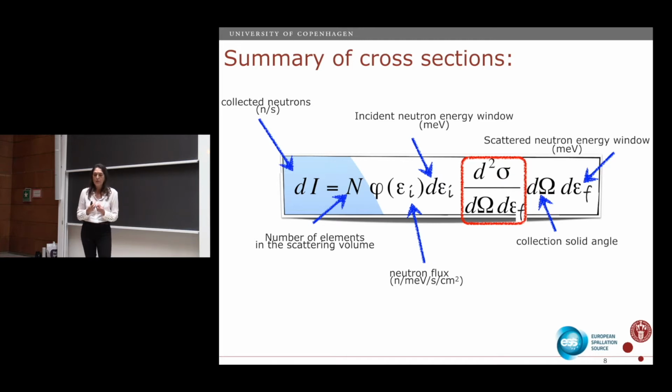So what also makes neutron scattering interesting is that I can quantify what I have in the beam, because the intensity is directly proportional to the amount of material, to the cross-section, and to the density of that thing that I'm measuring. Then, of course, this intensity will be related to the neutron flux, the solid angle, and so on and so forth, and that is why we develop better instruments, because I want more intensity.